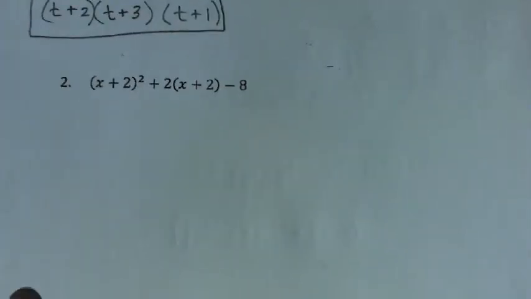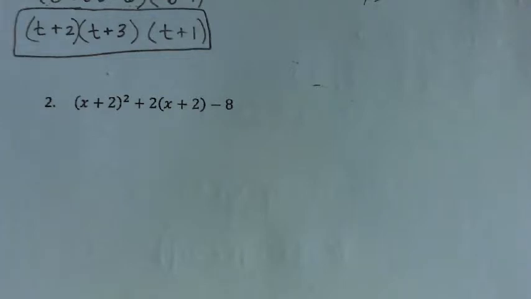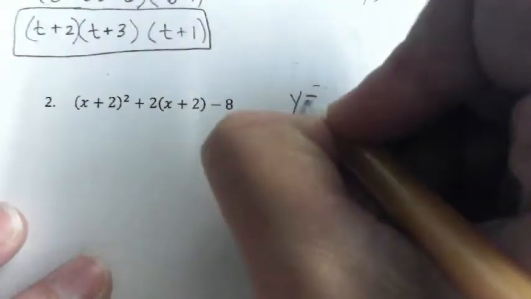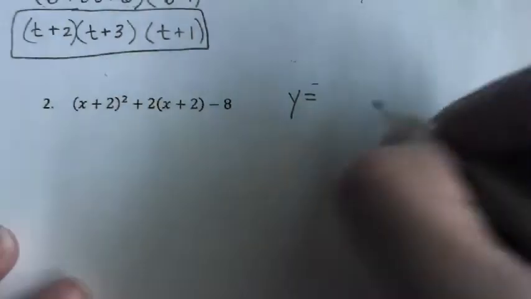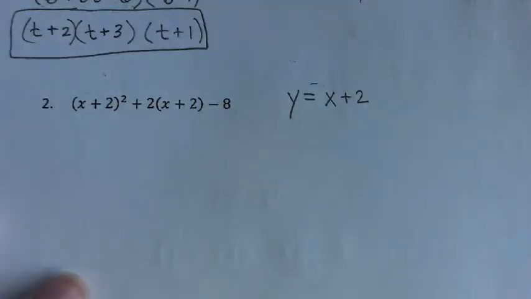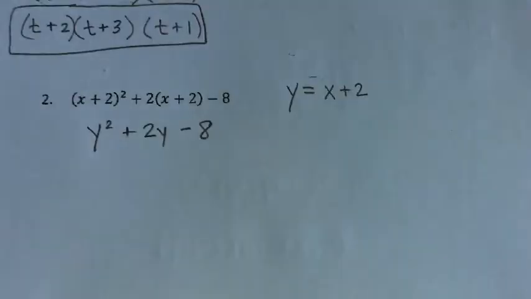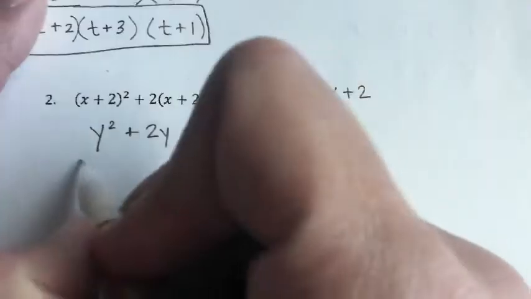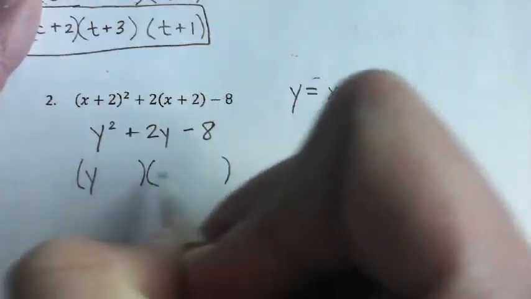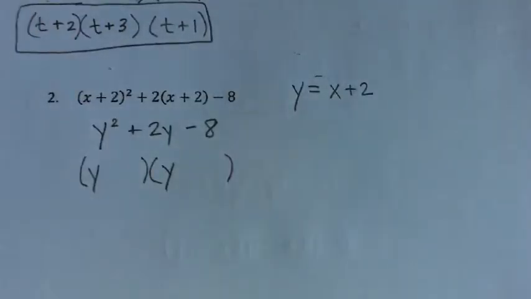When you look at number 2, what do you notice? The same parentheses, right? X plus 2 is being squared, then x plus 2 is being multiplied by 2. So like we did yesterday, we're going to use our own symbol system here. We're going to let y equal that x plus 2, so that we can rewrite this as y squared plus 2y minus 8. And now, isn't this easier to factor? So a quick guess and check on this will give us y and y. And then what are my